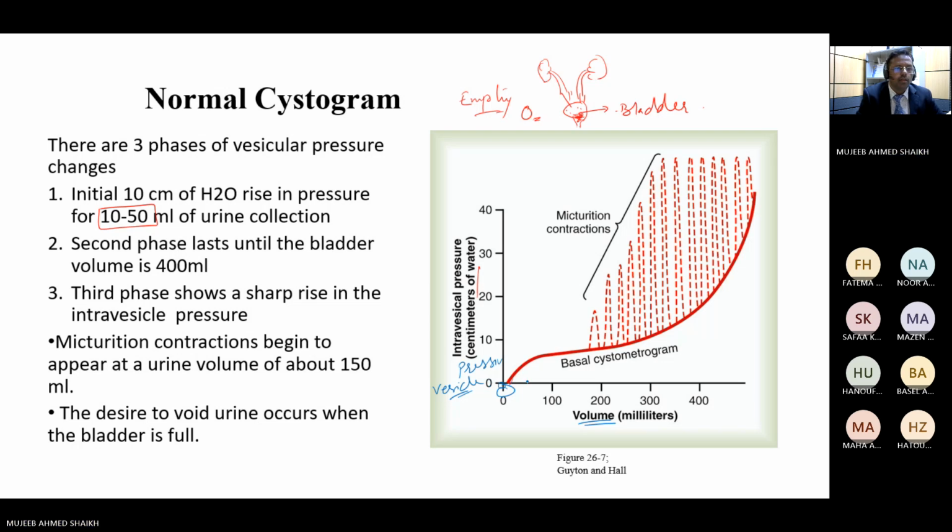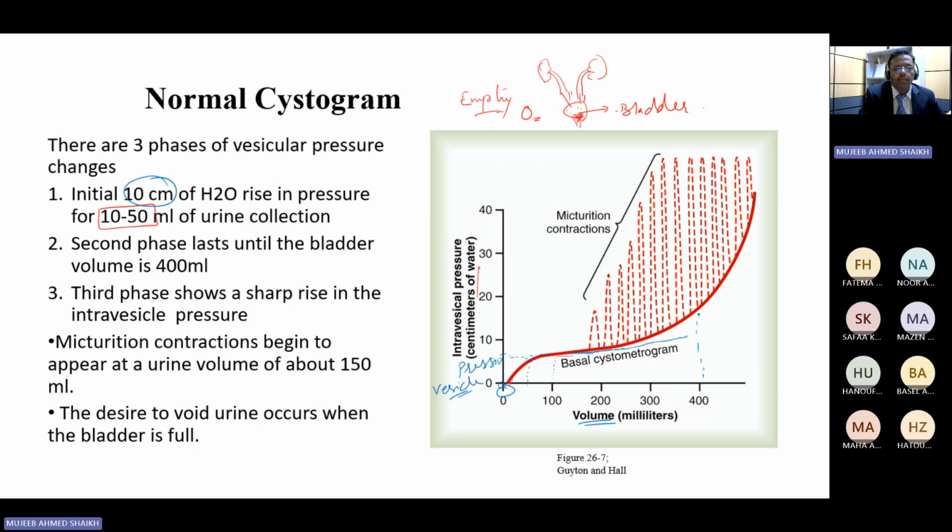When about 50 ml of the urine is collected, there will be a rise in the pressure of about 10 centimeter of water. Here it is written as 10 centimeter of water pressure will be measured. When the fluid collected is around 10 to 15 ml, there will be a slight rise in the pressure. When more and more urine gets collected in the bladder, the pressure will start to rise slowly